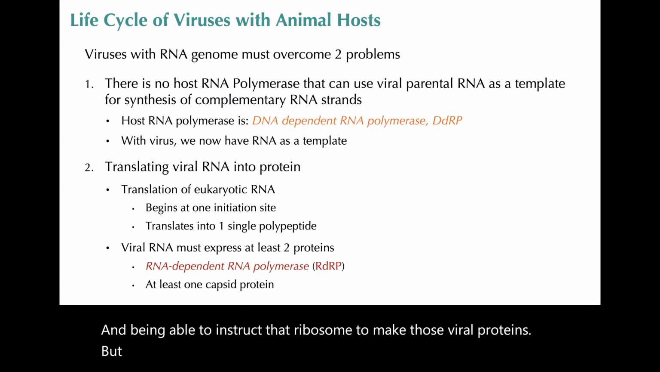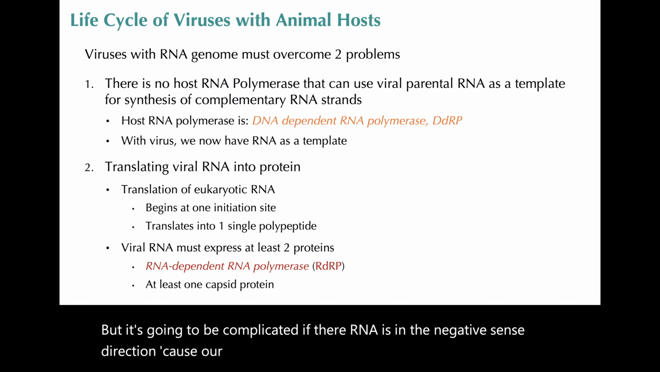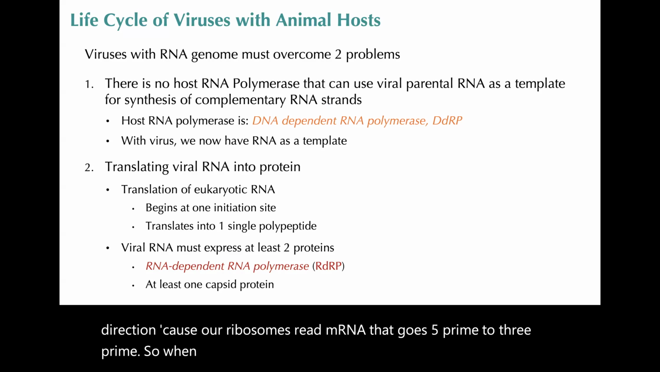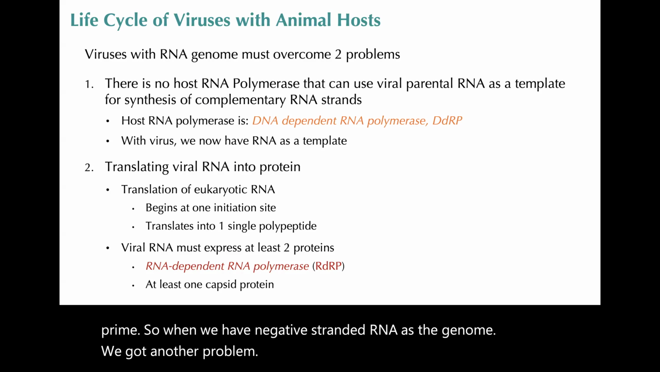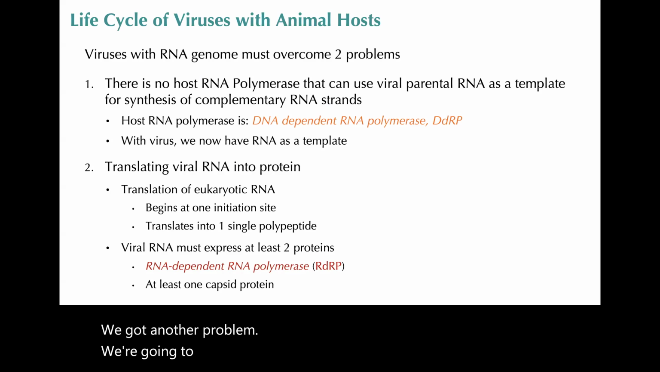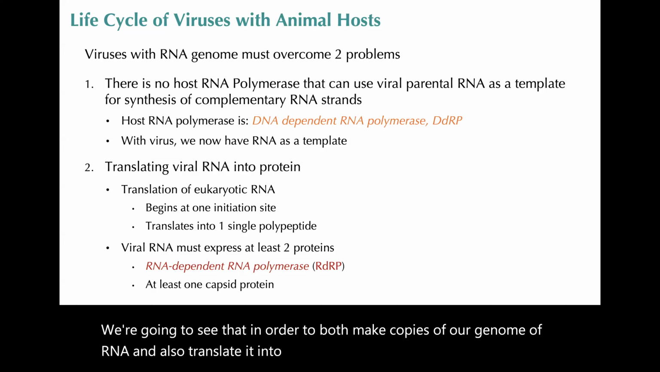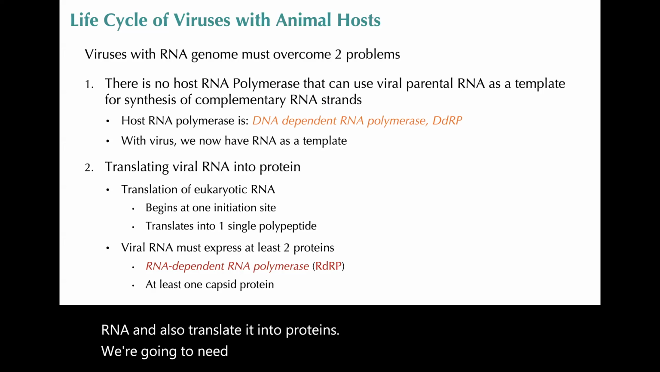But it's going to be complicated if their RNA is in the negative sense direction, because our ribosomes read mRNA that goes 5' to 3'. So when we have negative stranded RNA as the genome, we've got another problem. We're going to see that in order to both make copies of our genome of RNA and also translate it into proteins, we're going to need to express likely two proteins, an RNA-dependent RNA polymerase